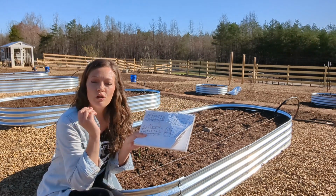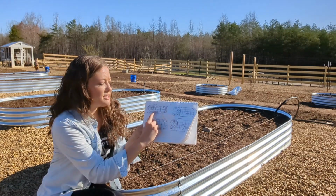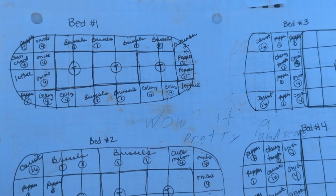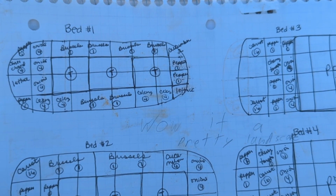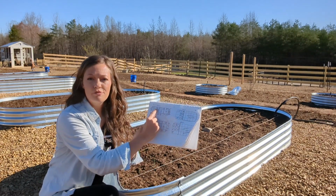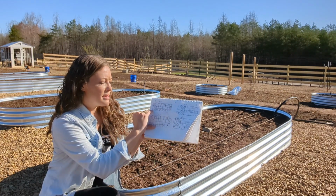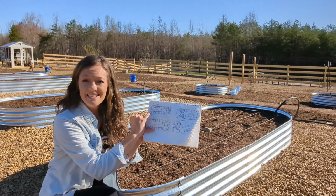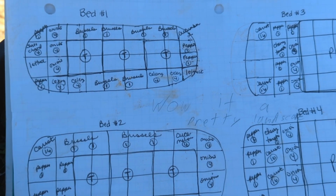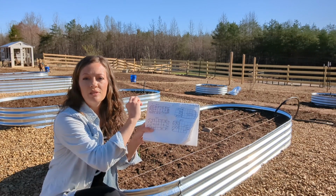And I will go to my chart on the website, and I will say, okay, my tomato, I want to grow 3 tomatoes in this bed. So each tomato takes up 4 spaces. And so I go ahead and I draw my tomato in those 4 spaces, put it in the center, and then, okay, what else am I growing? I'm going to put some peppers in this bed. They take up 1 space, so I'll write pepper in there. And I will go through with everything that I want to grow,